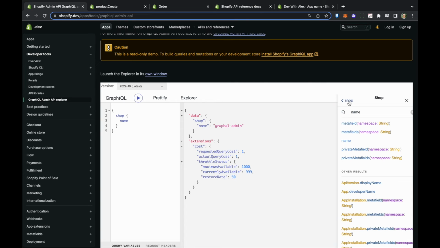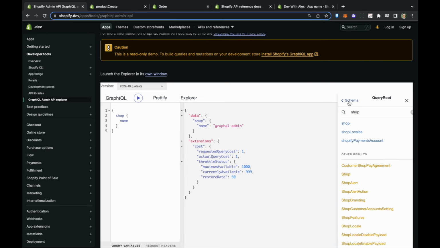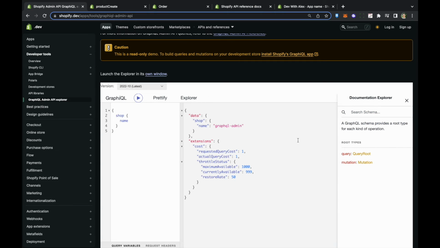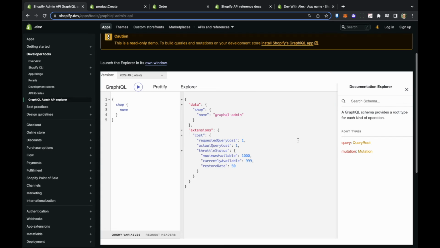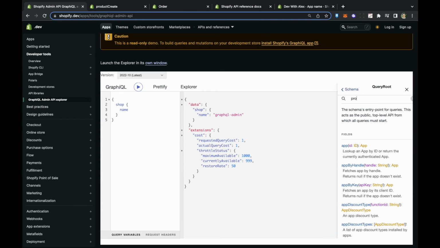I unfortunately can't do a whole overview of GraphQL right now, but that is a quick starter just so you can see how to find the fields you need to query. And we'll go over another more complex example now while we build out a query to get some basic product data. Let's go back to the top of this query root type that has all of the available fields, and